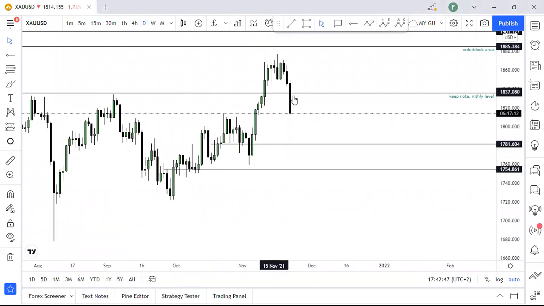Now remember, this can cut through candles because we're just watching this on the monthly time frame. This zone right here, this is a monthly zone. That's the zone that's telling us if price stays above, it's going to go high. If price stays below, it's going to go lower, right? So now on the daily time frame, we need to look for our